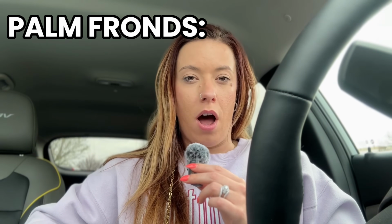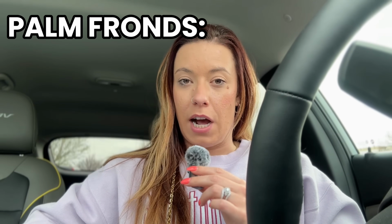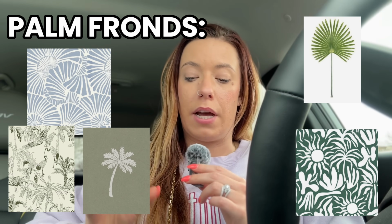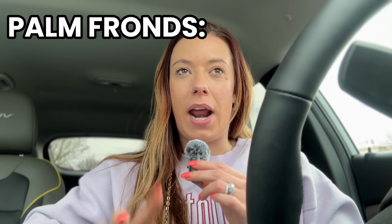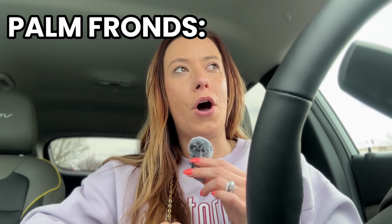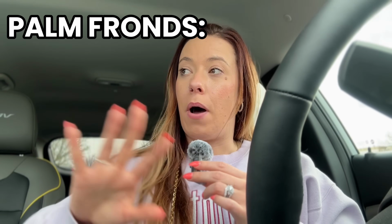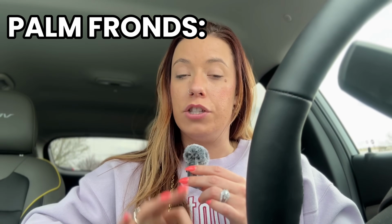facets. The next thing that I saw in HOMEGOODS, but I did not see in Target, was the palm frond or palm branches aesthetic. And this was in multiple different colors. So I saw greens and blues, I saw navies, I saw navy on white. I always used to say when I was about to touch down in Florida and I saw a palm tree, I'm like, I know I'm home. So palm trees in general, palm fronds, the actual leaves and branches were doing really well in HOMEGOODS across multiple